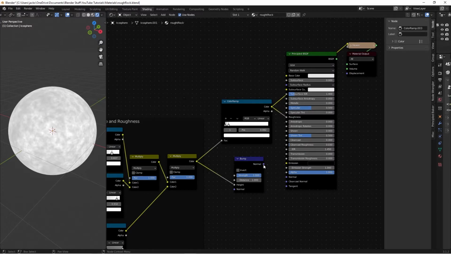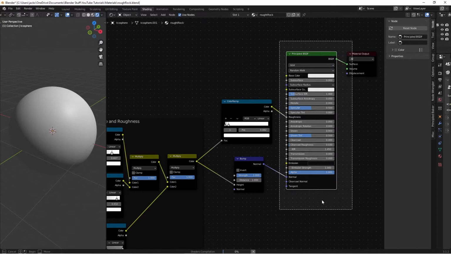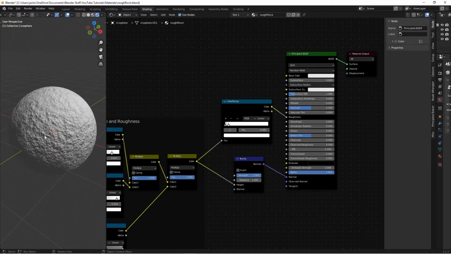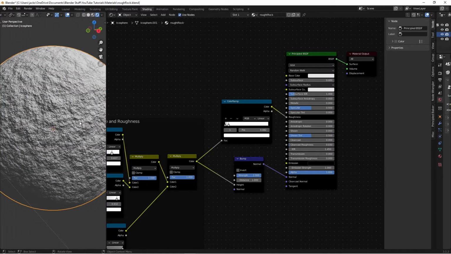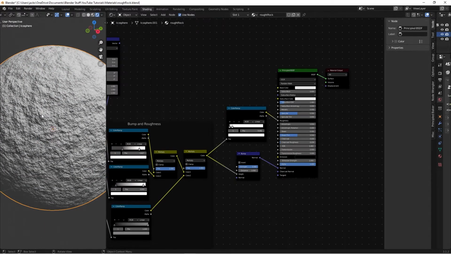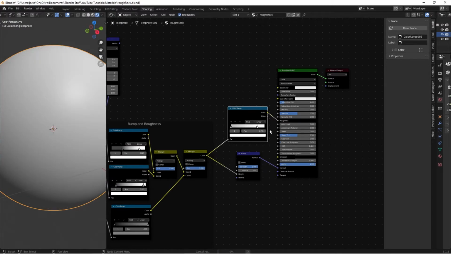And earlier I forgot to plug in the normal map on the bump into the normal. So if we look at the Principled BSDF by Control Shift left clicking on this giant node here, it will show us what we've done so far. And currently it's not looking too bad. We have a nice bump for the roughness, and the roughness, you know, we can draw this out. If we put it all the way up here,